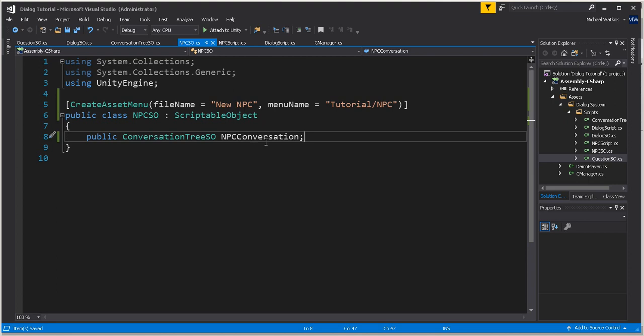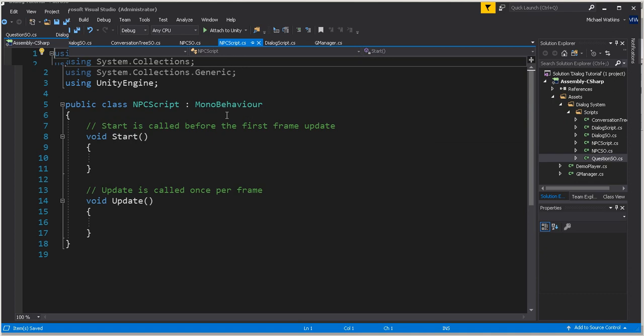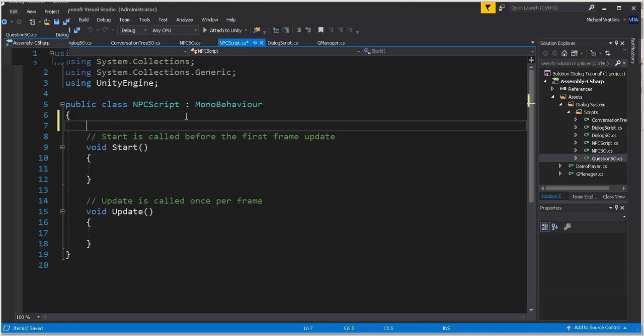Okay, so if you have a system where the storyline advances through different chapters and every time you go back to a certain NPC they'll have a different conversation, you can actually swap out an entire conversation tree just by dropping one scriptable object into this slot. So going to the actual script that runs the NPC now, we are going to add